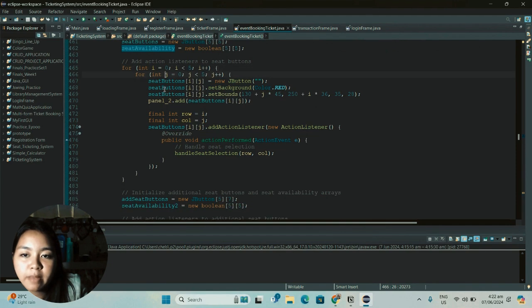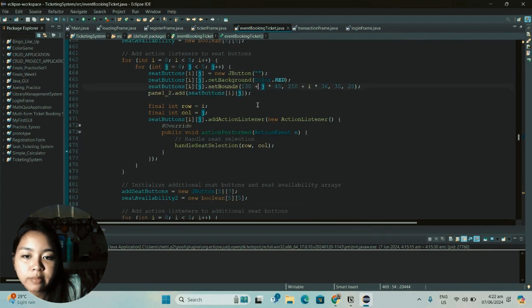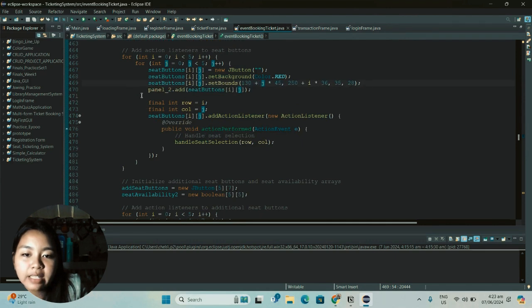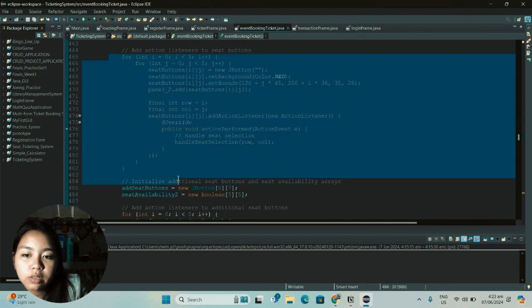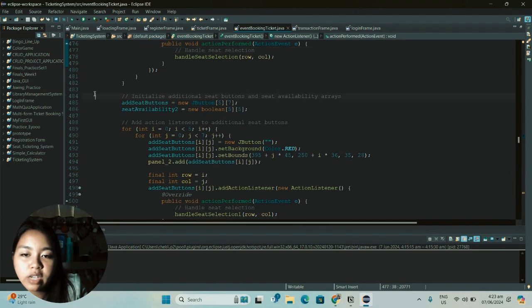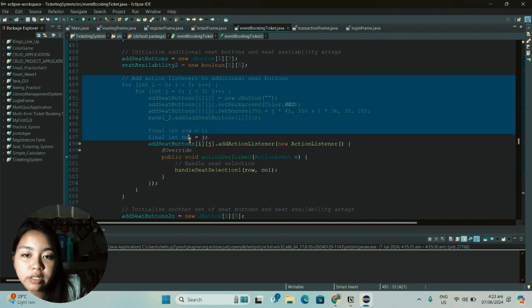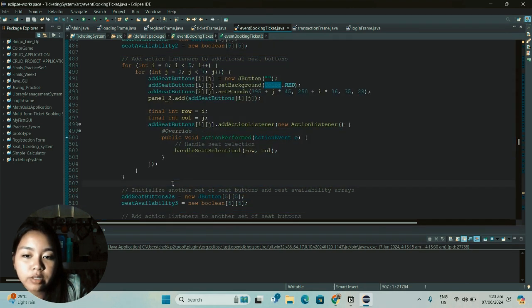We also implemented action listeners for the seat buttons to handle the seat selection, so this is the logic for it. We also initialize additional seat buttons and seat availability arrays, and add an action listener for the additional seat buttons.